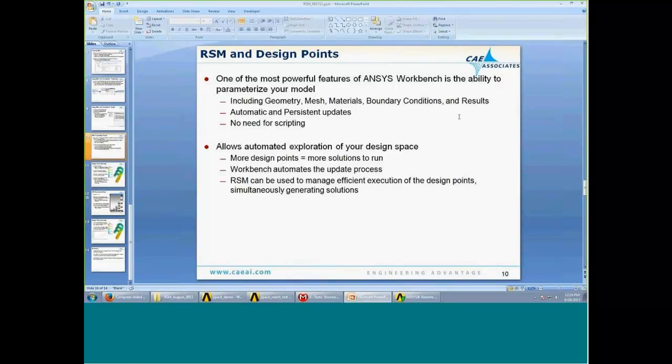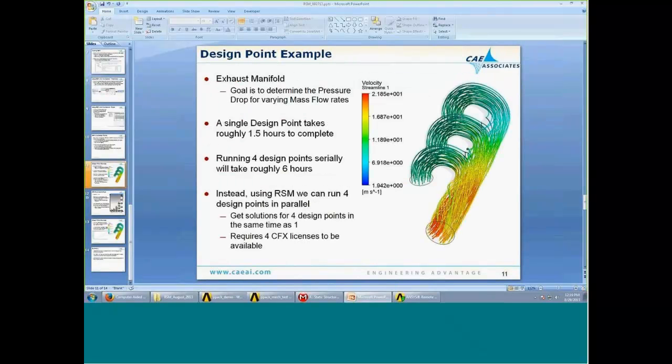So Workbench will automate the update of the inputs, and RSM can be used to efficiently manage the execution of the design points. So we can make sure that we're running them as soon as computing resources become available. And also, we can make sure that we can submit these design points and run them simultaneously. So if we take a look at an example, here I have an example of an exhaust manifold, and